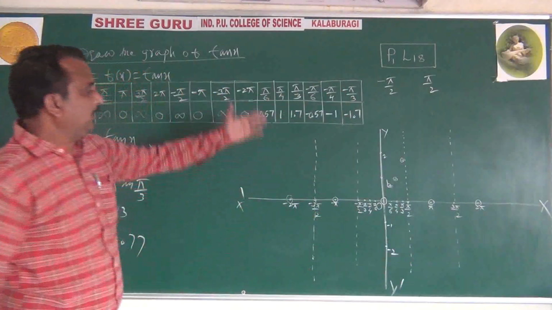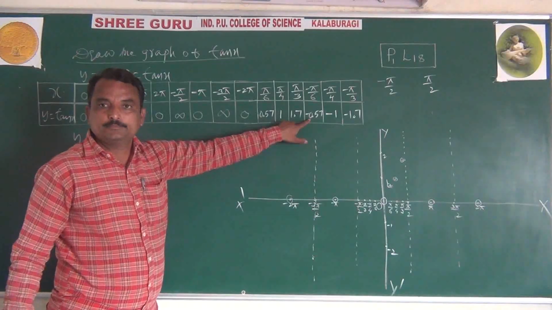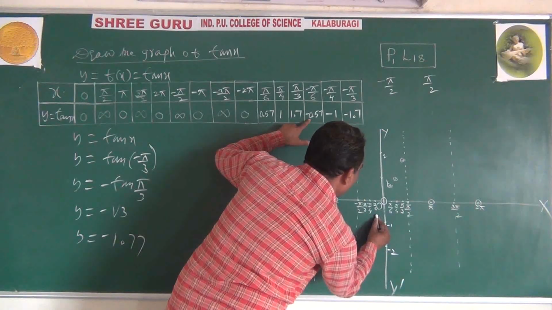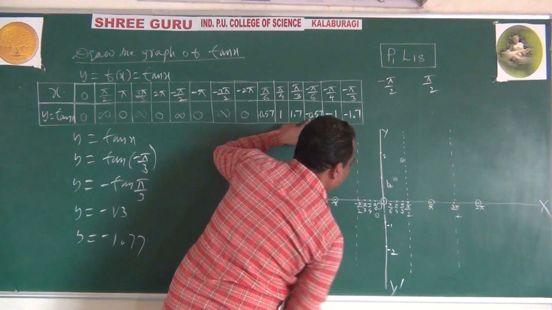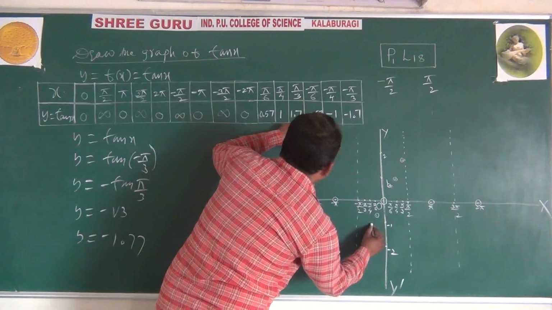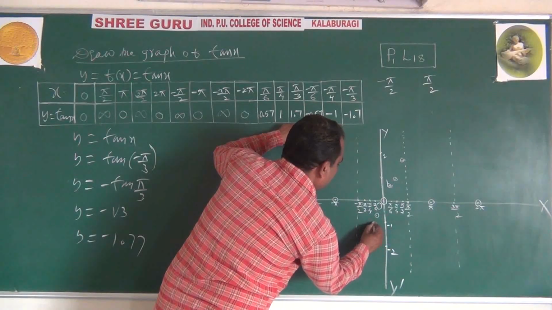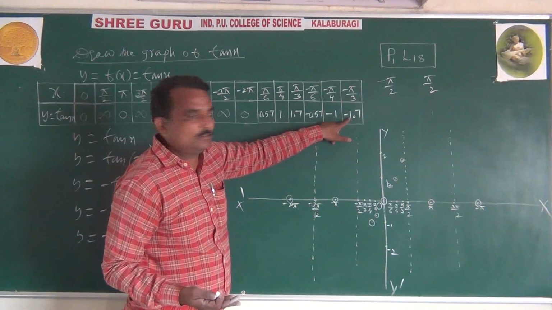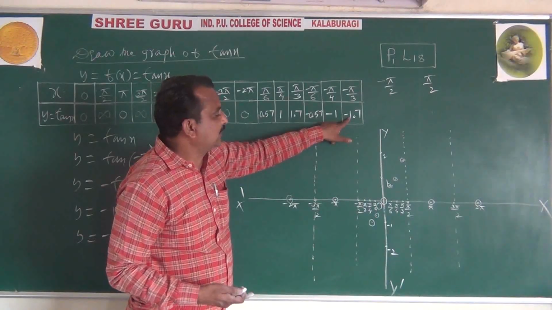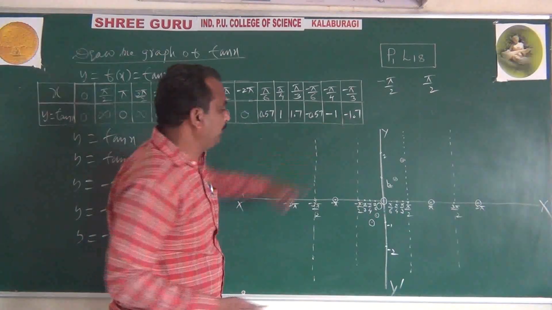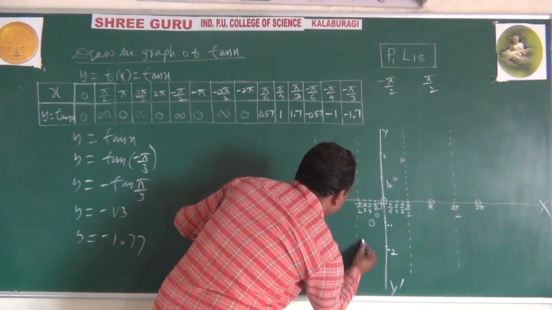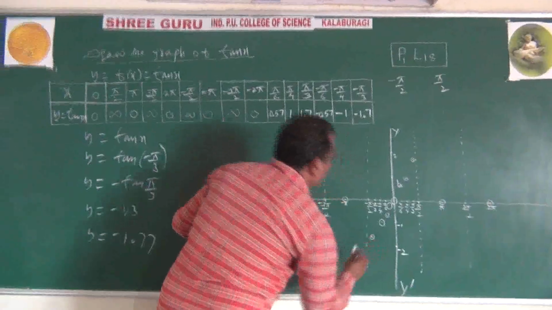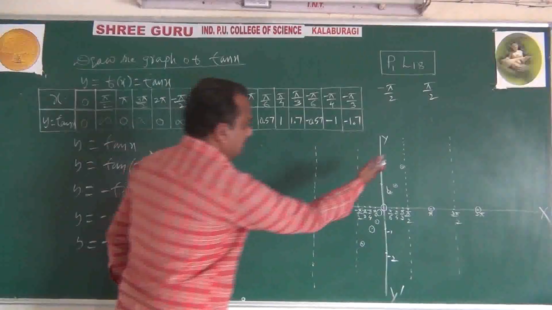Similarly, the negative values here. For minus pi by 6 here, I will take 0.6 exactly. Near 1, minus pi by 4, minus 1 it is. Like that, taking the values, and you know very well in the previous classes for the algebraic graphs we have drawn many such types of graphs here, students. Minus pi by 3, minus 1.7. So in between the infinity lines, you get the graph and structure.